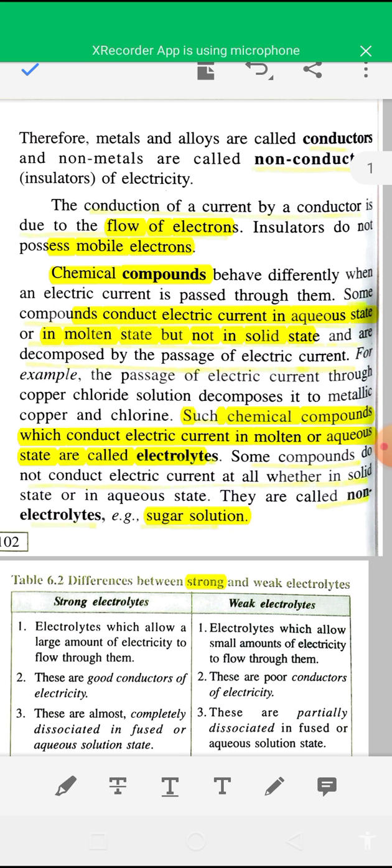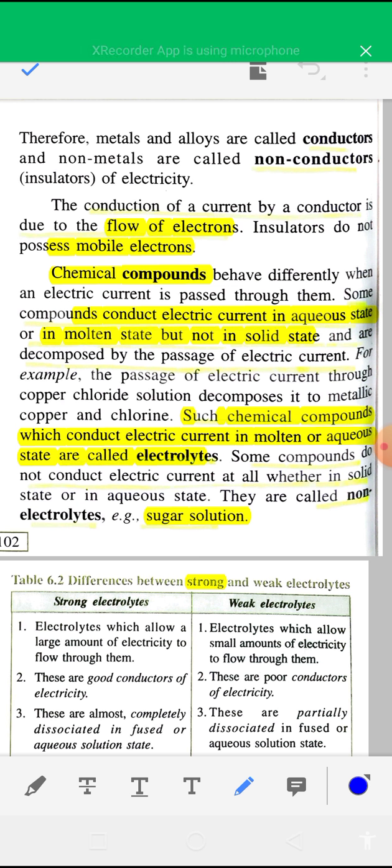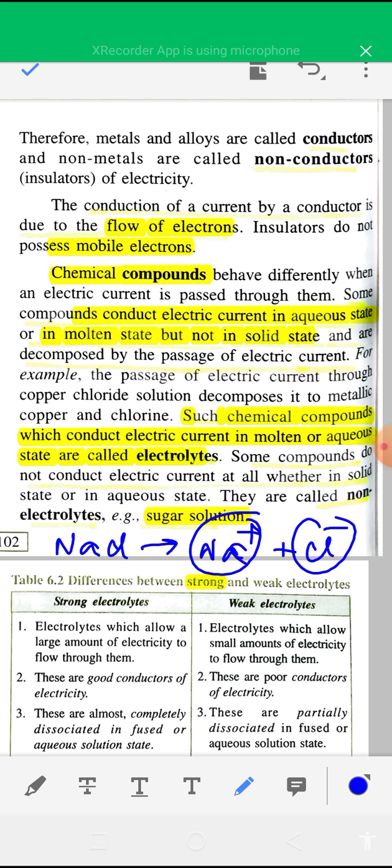That's why sugar solutions are non-electrolytes. But in an aqueous solution of sodium chloride, NaCl dissociates into oppositely charged ions, Na plus and Cl minus, and due to the presence of these Na plus and Cl minus ions, it can conduct